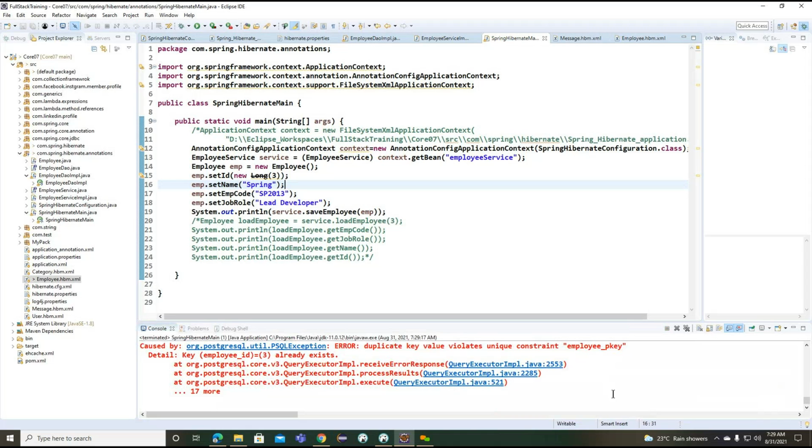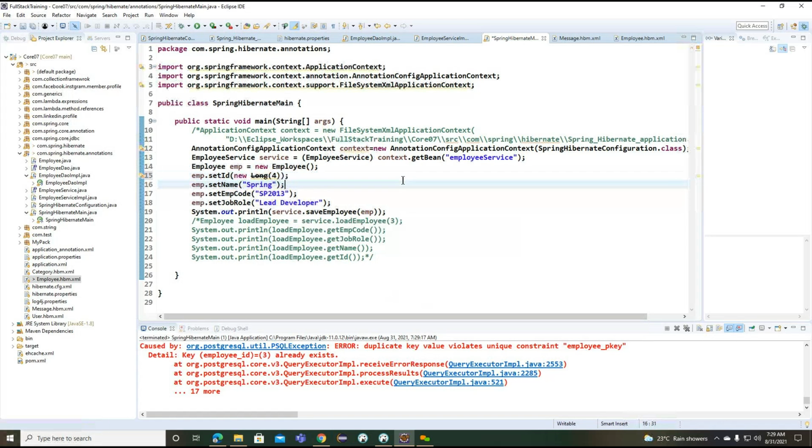Okay. So basically the data in the table is not refreshed, so we recreated the table structure here. Whatever structure we used yesterday, from the same structure we are trying to create here. Okay.